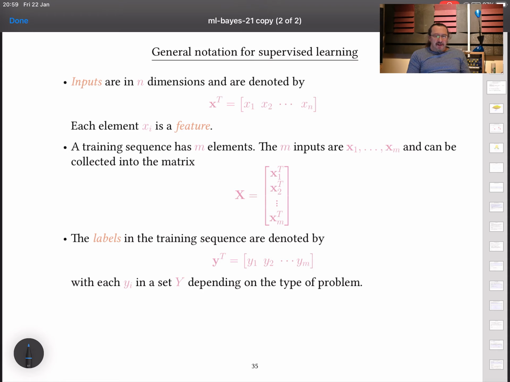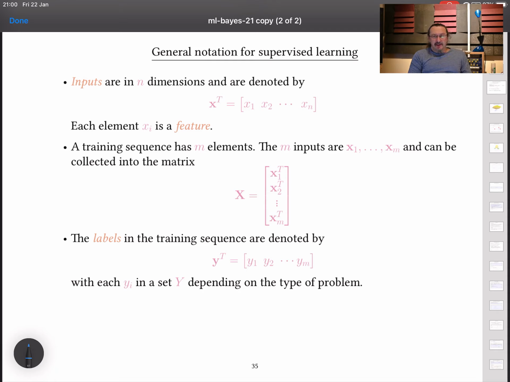So using that notation, inputs are in n dimensions and will be denoted by vectors of features. Okay. Again, just going back to the standard example I used last year, a particular feature vector, if you want to use the medical diagnosis example, would be what you get if you take the information you have on a person, collect all of the interesting things about them together that you think you might need in diagnosing them, and collect them into a vector.